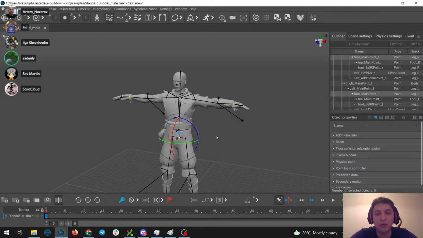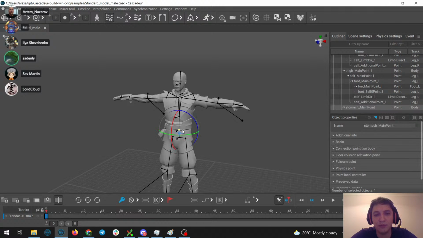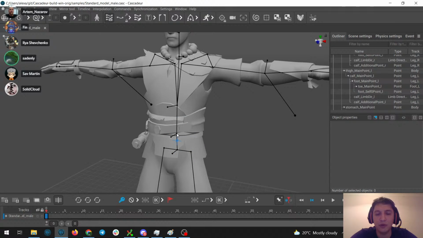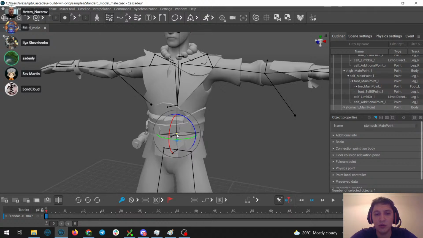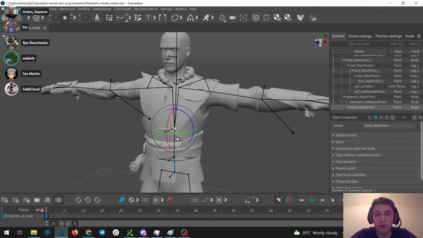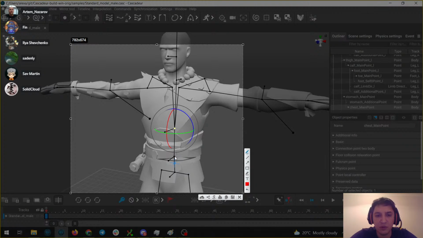For most of the other points, in IK we interpolate a global vector from the parent to the point. So for this point we interpolate a vector that starts here and ends here. For this point we interpolate a vector that starts here and ends here. For this one, we interpolate this vector, and so on.